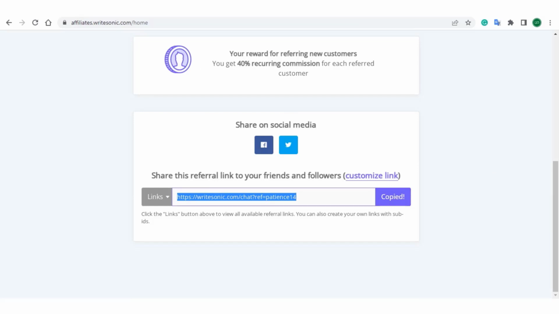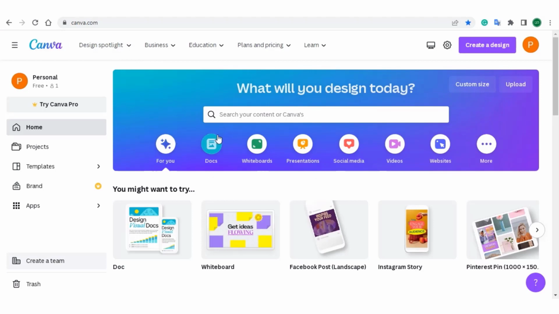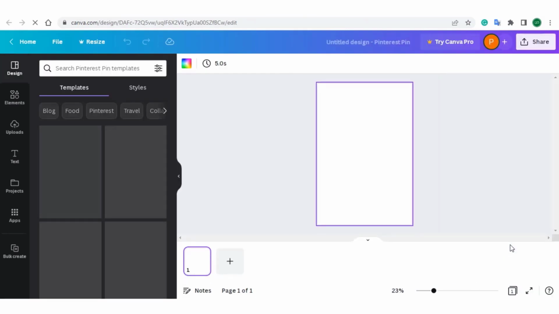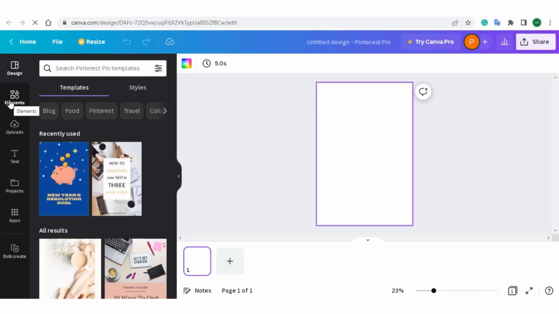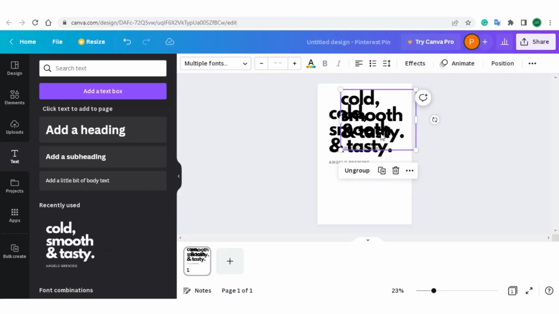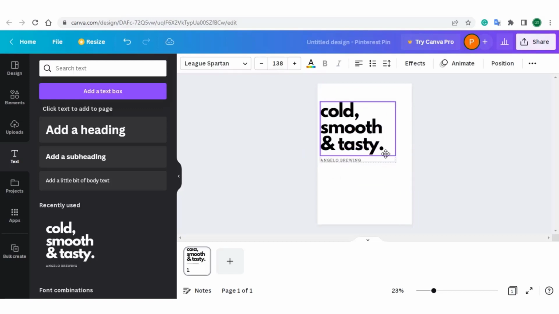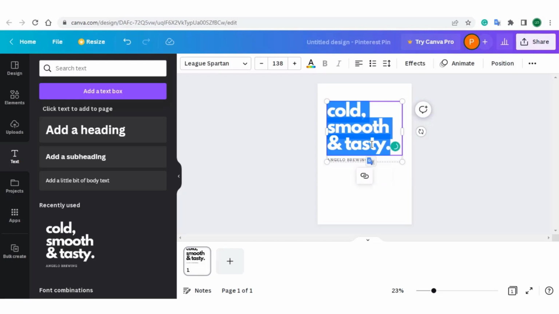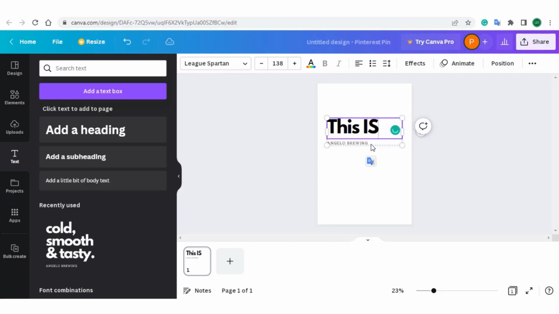And the next step we have to take for this method to work is to go over to canva.com. So all we have to do after you head over to canva.com is just click here, which says Pinterest pin, and it will send you to a new canvas here. Then all we have to do is just go to text, then we add this text here, then you just select it here like so, and we type this